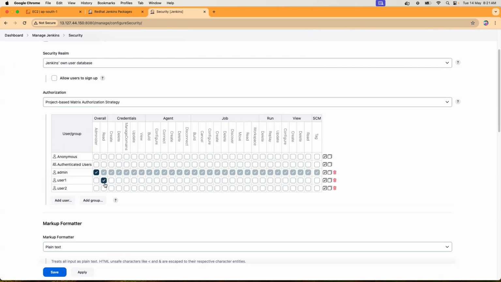Then overall read should be there, and job read should be there also. This is global, or common, for all jobs. Then how do you give job-specific permissions? I'm repeating: overall read should be there for everyone. Job read should be there again because that's the minimum permission they should have on every job, and that's common for all the jobs. Now if you want to specify the job,